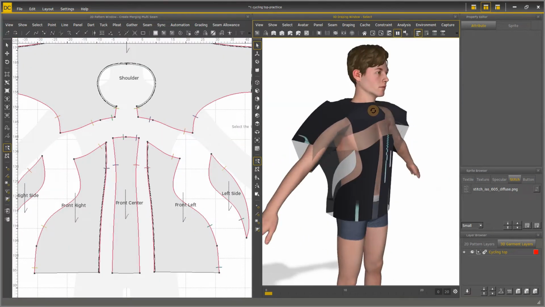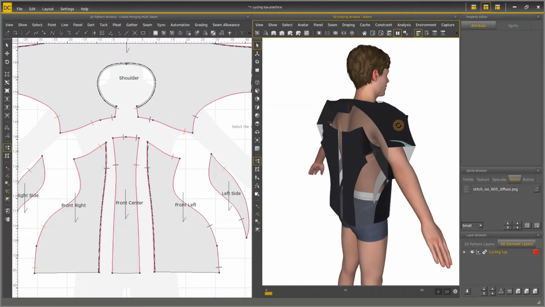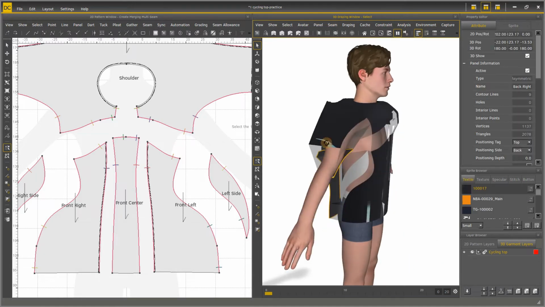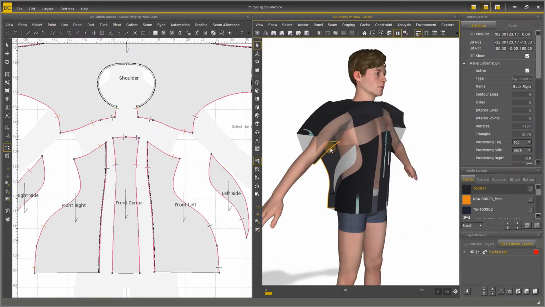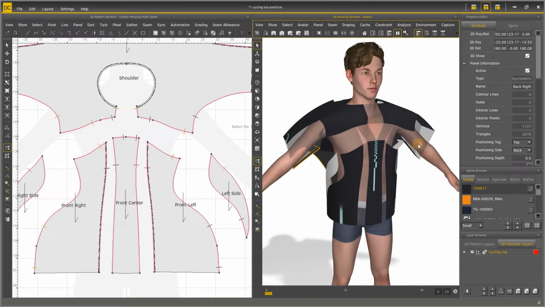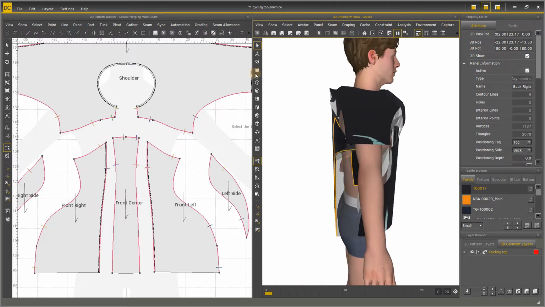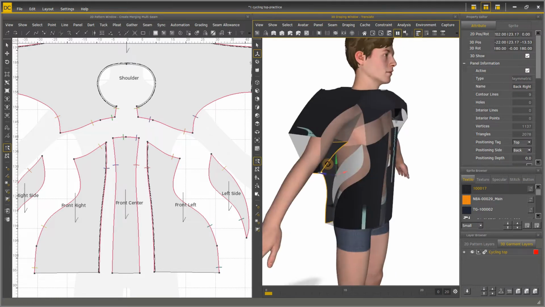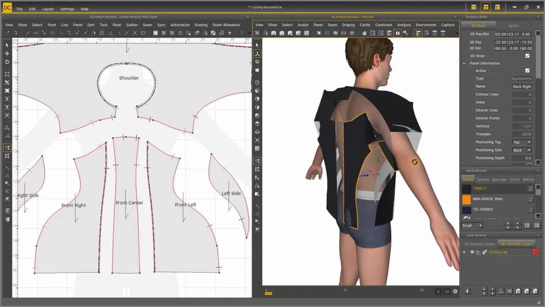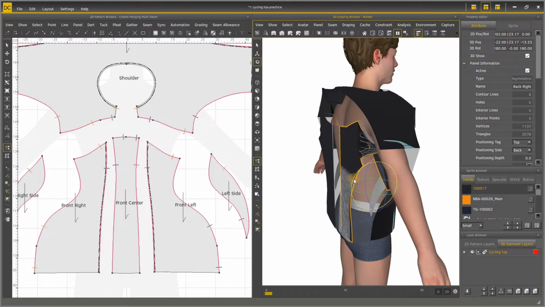After all the seams are created, we can check if there is penetration through the seam and avatar or panel and avatar, and use the translate function to adjust to a fine position. Then we can click Static Play to simulate in this A pose.